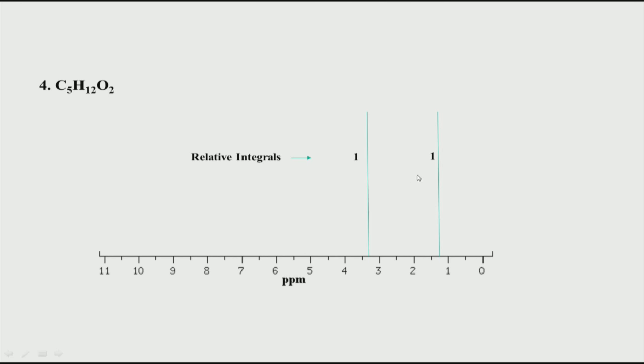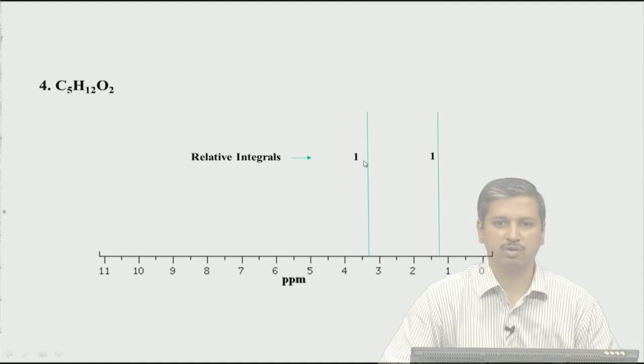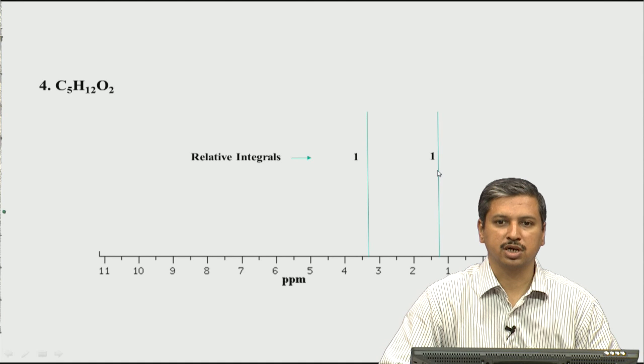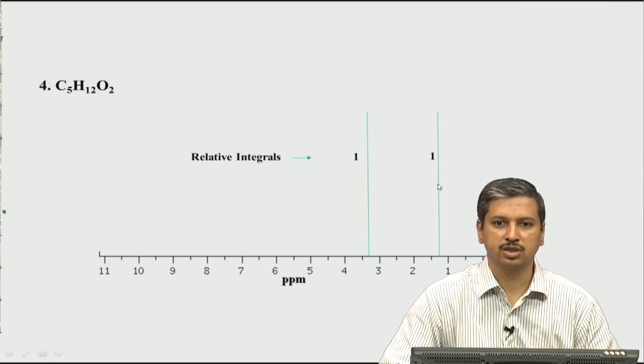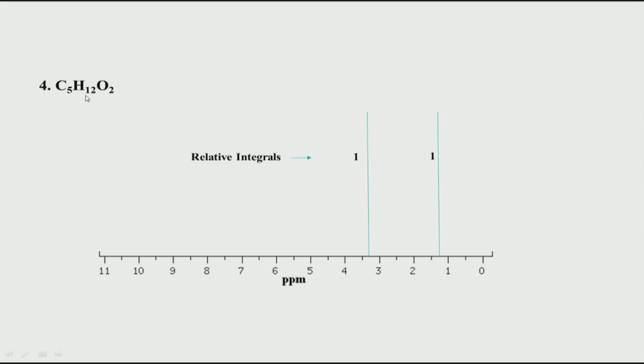So, now what we have to look at is how do we interpret this particular case. We can see there are 12 hydrogens. So, it could be that this peak corresponds to 6 hydrogens, and this peak also corresponds to 6 hydrogens. If that is so, then it will match with our formula, that 6 and 6 together is 12 hydrogens, and both are 1:1, meaning they are equal, 6 and 6, and therefore, that adds up to 12. That is most likely the scenario, because we are only getting 2, so you can't expect 2 hydrogens. This whole peak corresponds to 6 protons, and this whole peak corresponds to 6 protons.